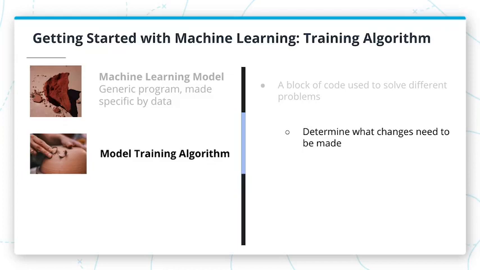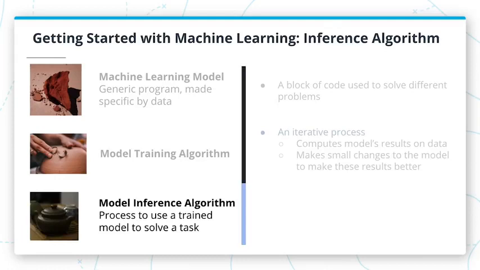Similarly, a model training algorithm uses the model to process data and then compares the results against a goal. In this step, we determine what changes need to be made to get to that goal. Now you shape the clay to make it look more like the teapot you have in mind. Similarly, a model training algorithm gently nudges specific parts in a direction that brings the model closer to achieving the goal. You keep doing these two steps repeatedly. Eventually, you get closer and closer to what you want until you determine that you're close enough to stop.